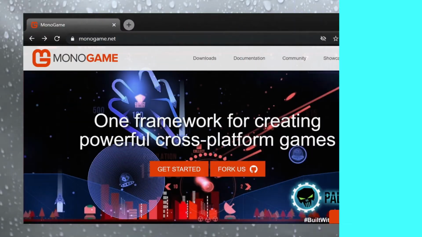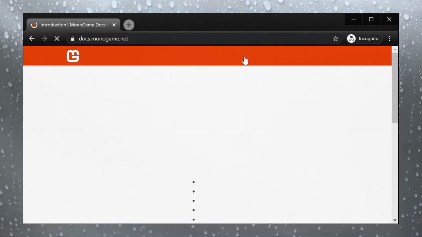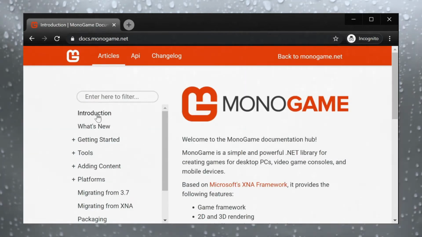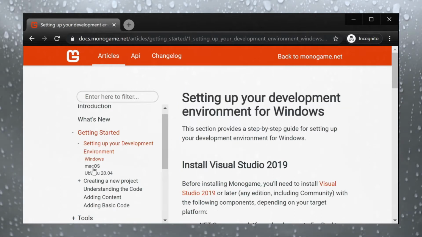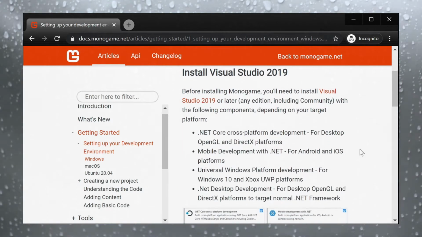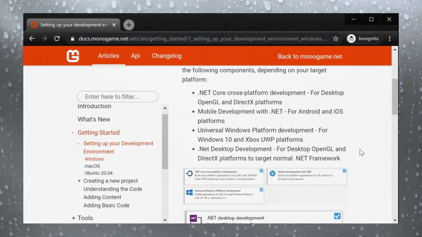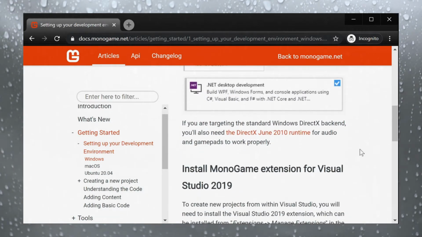First off, let's make sure you've got MonoGame set up on your computer so that you can start developing. A lot of my videos are going to assume that you're using Visual Studio 2019 in Windows to program, but it's fine if you're using something else. I won't go into all the details on how to install MonoGame for development, but if you haven't already, you can visit the website and follow their instructions. I placed a link to it in the description below.